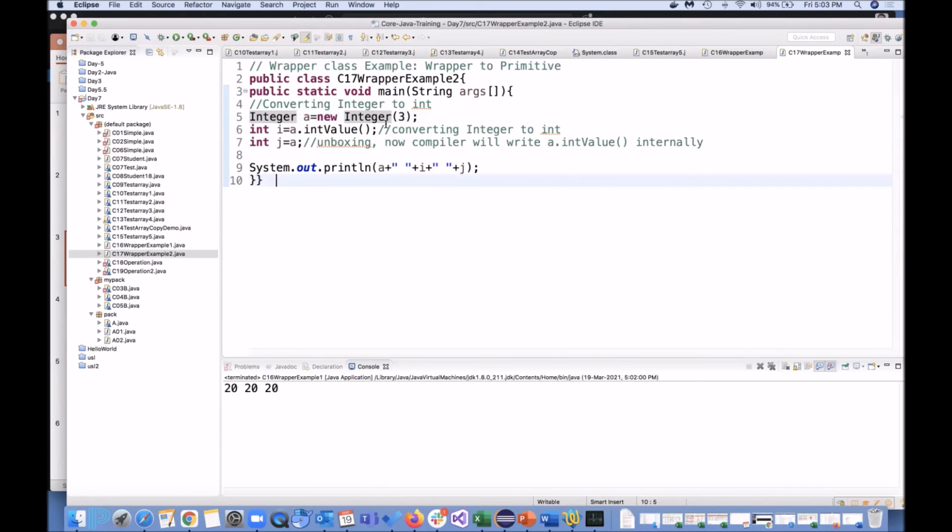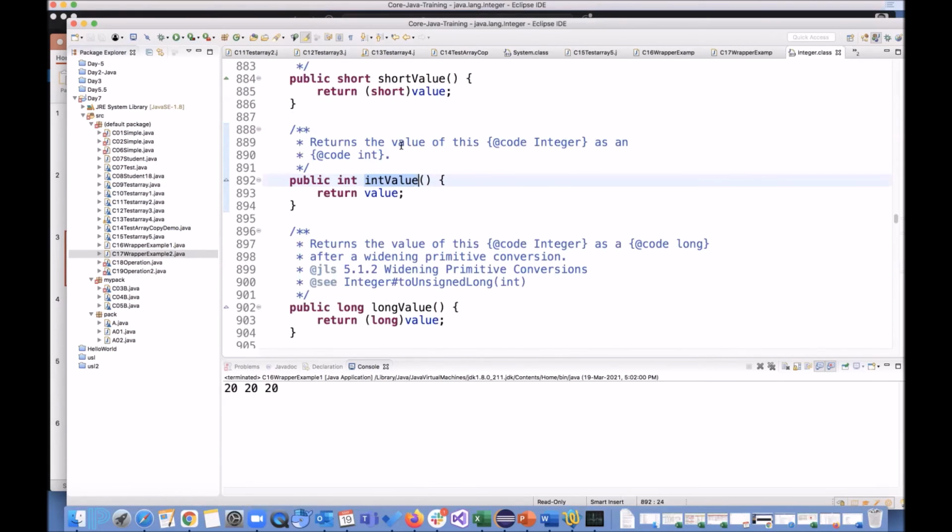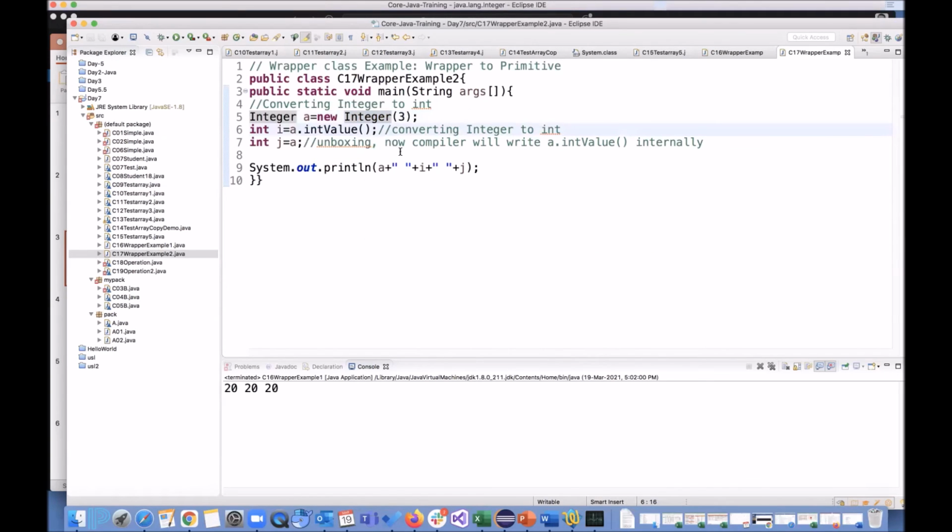So now the value of a is 3. Now if you say int i equal to a.intValue(), here you want to convert Integer into int. In your Integer class, you are having this function intValue, which will do nothing. It will just simply return the value. Value of what? The value of whatever will be there for that Integer type.